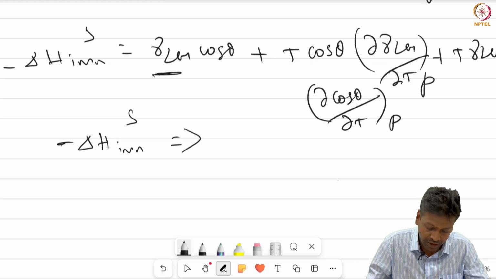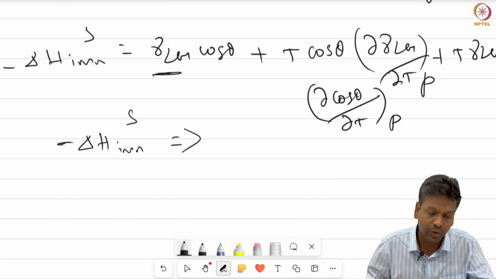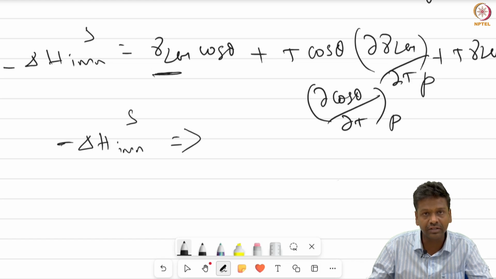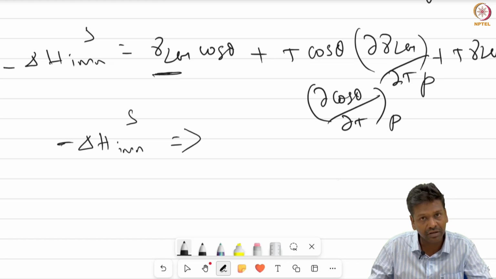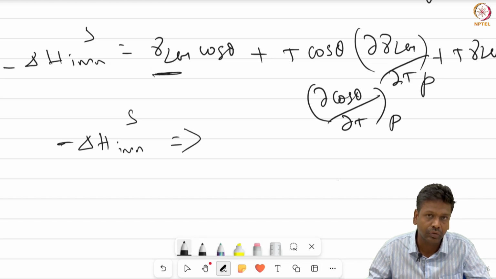This equation has been verified. Although we have several sophisticated techniques, like the calorimetric technique, to measure this small amount of heat that is released, you can use this equation to complement and validate the calorimetric results. In this way, this equation can be used to compute the amount of heat released from the process, the quenching process.